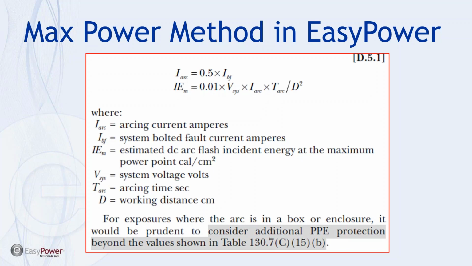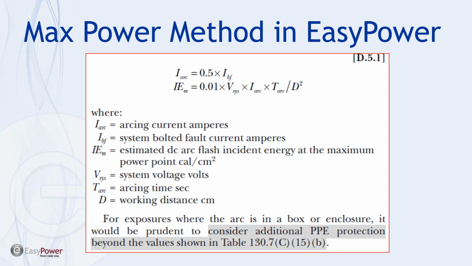And you'll notice at the bottom of this discussion, it says, for exposures where arc is in a box or enclosure, it would be prudent to consider additional PPE protection beyond the values shown. In the previous versions of NFPA, and the reason this is shaded gray is that the reference was an advice to use a 3x multiplier if it was in an enclosed box, and currently that's what's in effect in the